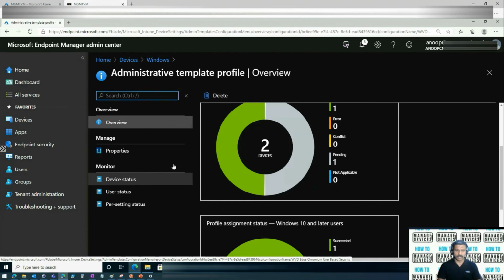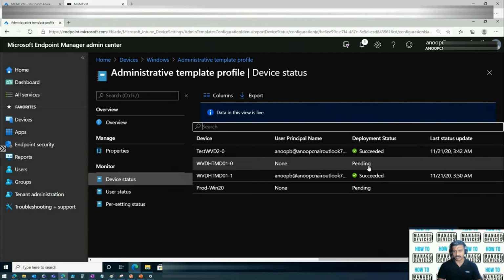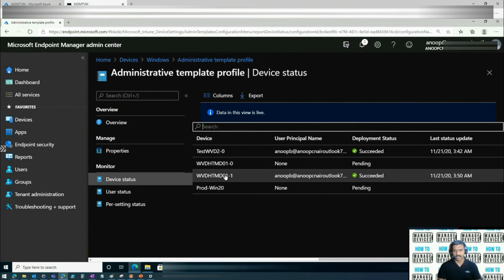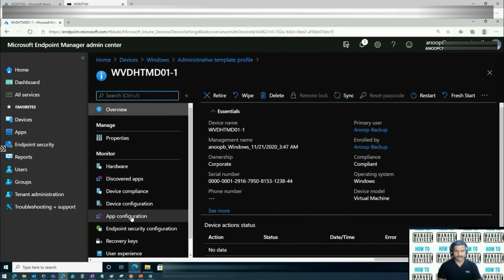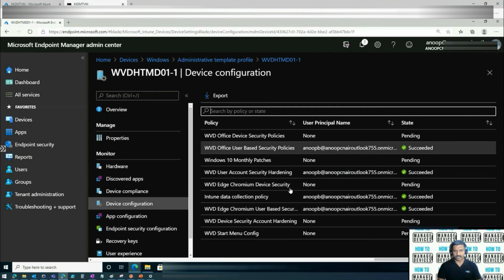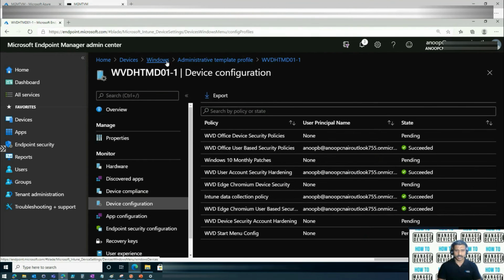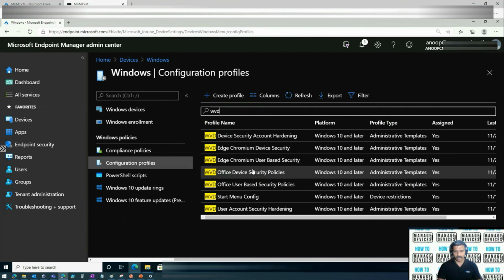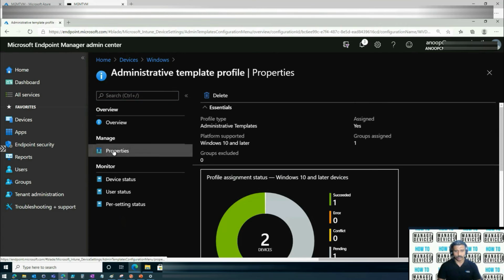So this is part of the troubleshooting steps if you want to look into it. You can go into device status and see why this is pending and why this is successful, etc. If you click on this, you will get more details of that, and then you can go to device configurations and check what has failed, etc. Okay, so let's go back to that particular policy over here, the Chromium user-based policy, and go to